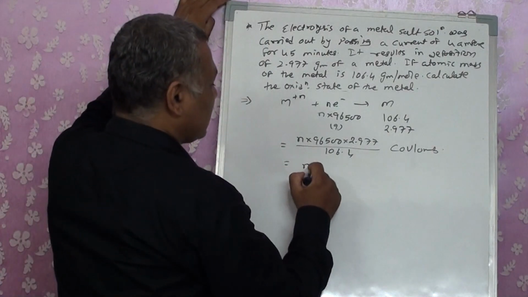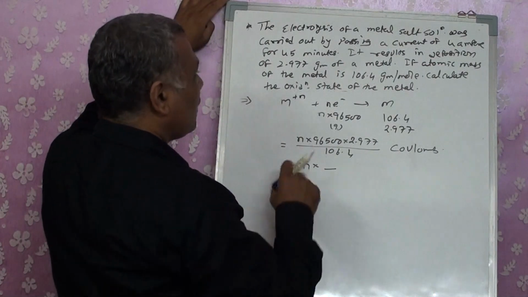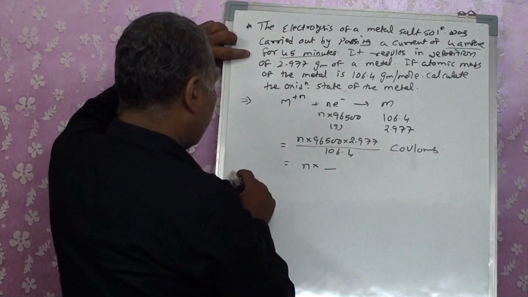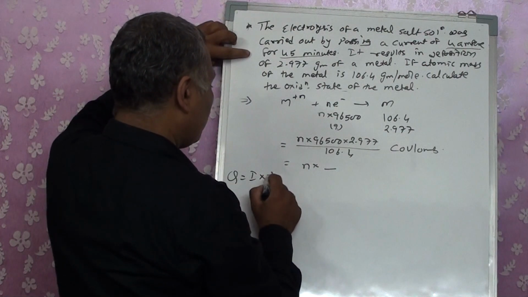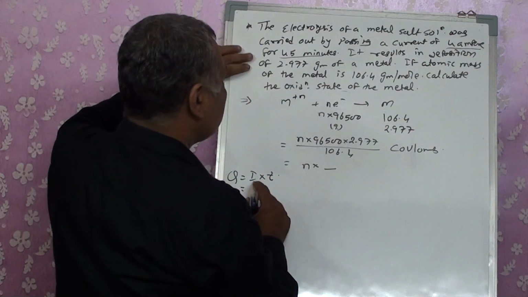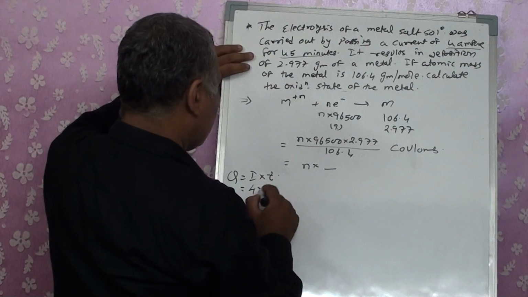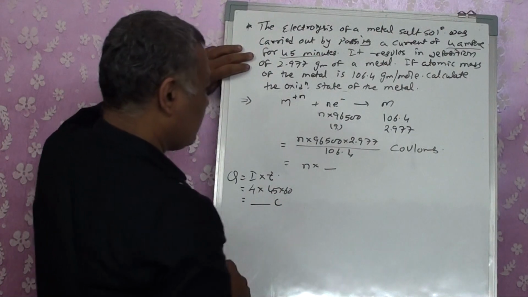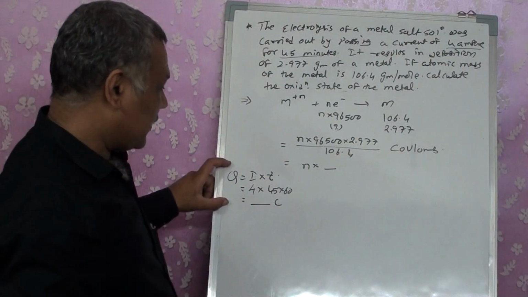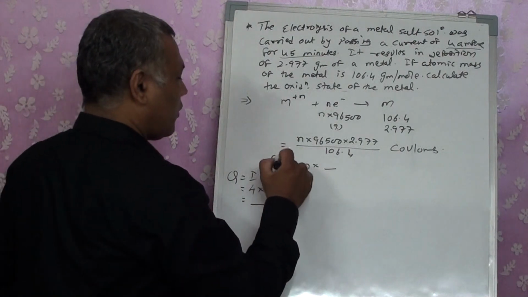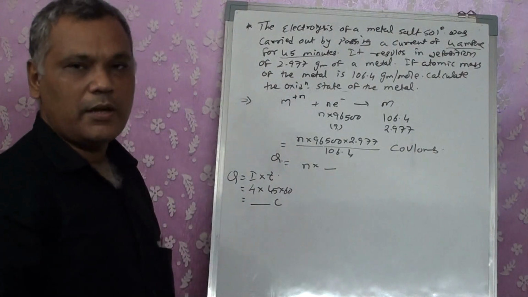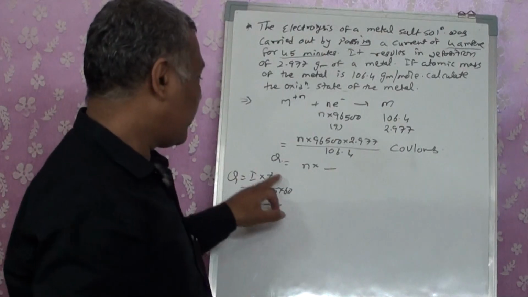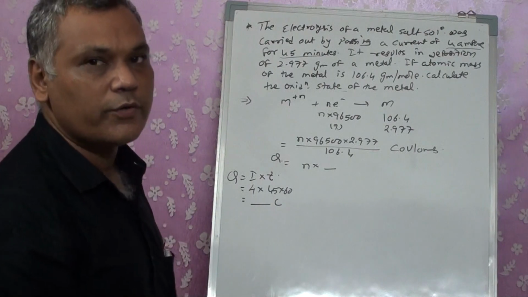Let's consider that it is n into some number, B. Another data given to me is time and current. So can I calculate Q equals I into T? Here Q is 4 into 45 into 60, that will give me coulomb. Now from this case I am getting Q, and here also I got Q. Both these values are the same. One is indicating that this much coulomb of current was required, and this one is showing that this much coulomb of current was passed.